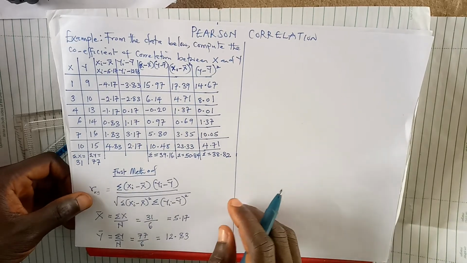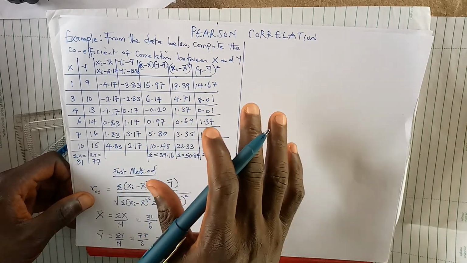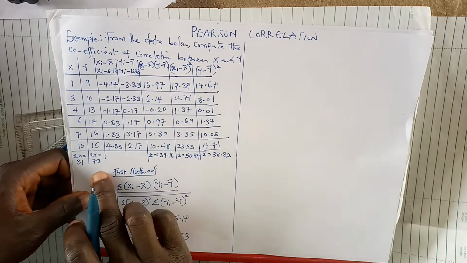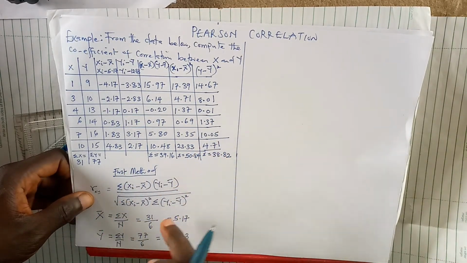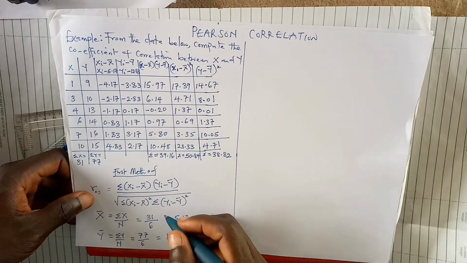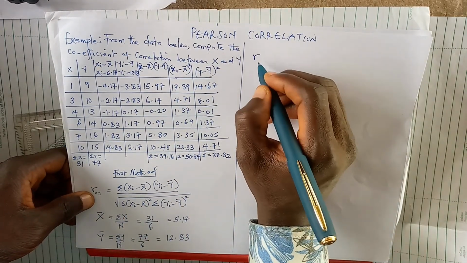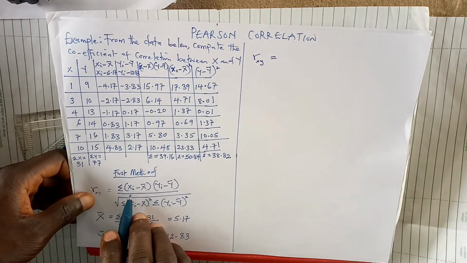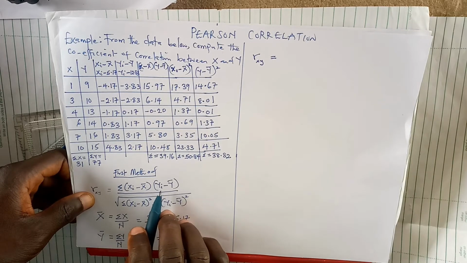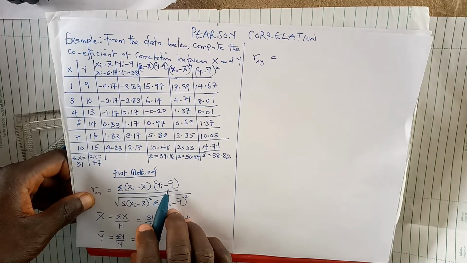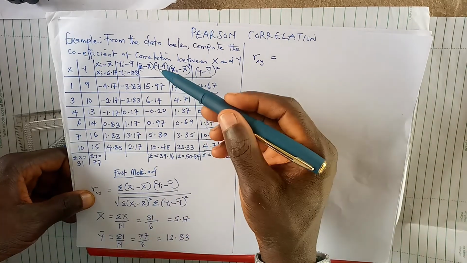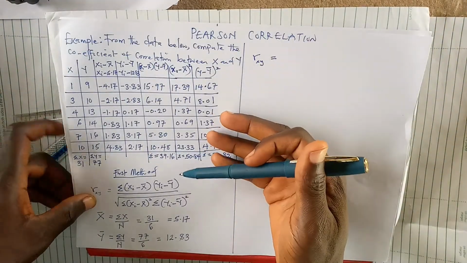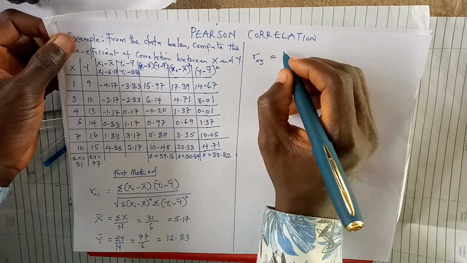38.82. Now, since we already formed the table, which is the live wire of this formula, we're now going to substitute each summation of what we've gotten here into the right places. So our formula, which is r subscript xy equals summation of xi minus x bar multiplied by yi minus y bar, and this is exactly what we've done in this table, and our value here is